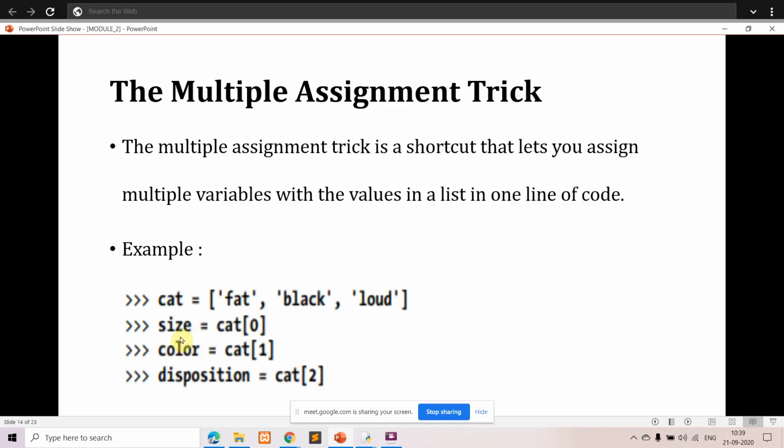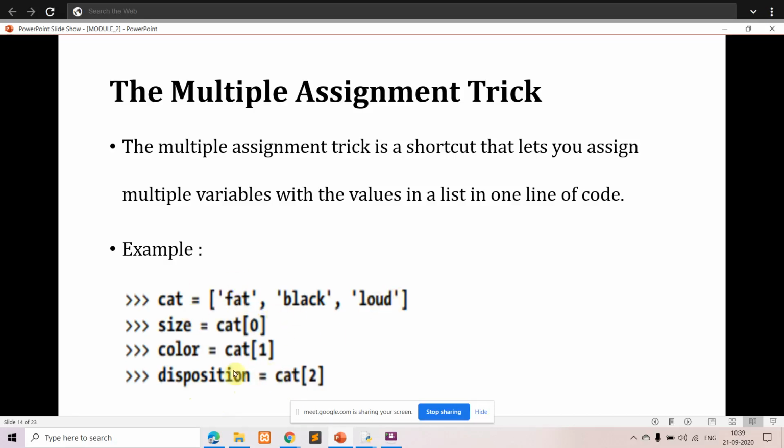But here, for one variable size, you are assigning the value cat of 0. So what will be the size? Size is fat. For the next variable color, you are assigning cat of 1, so color will be black. And disposition you are initializing with cat of 2, so disposition will be loud.